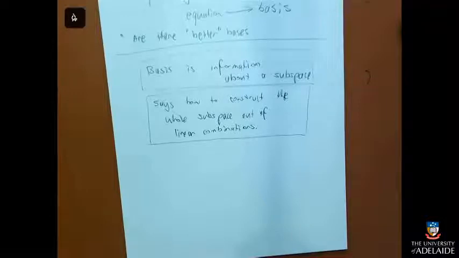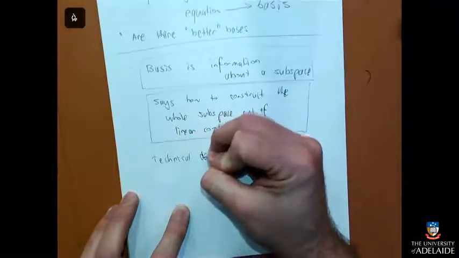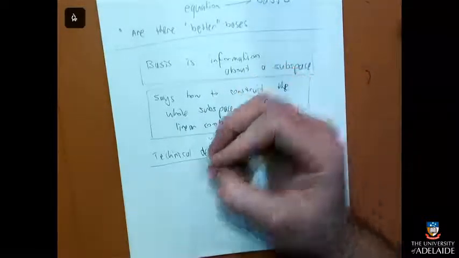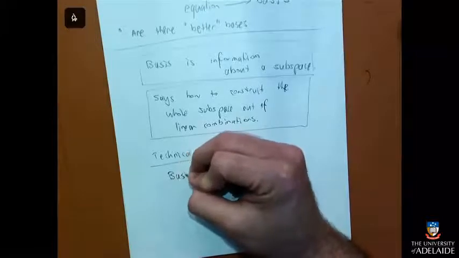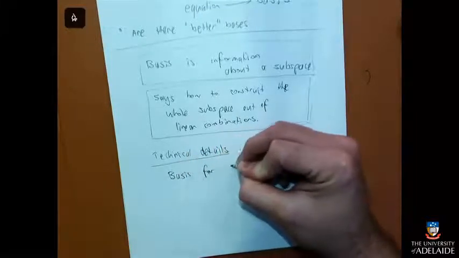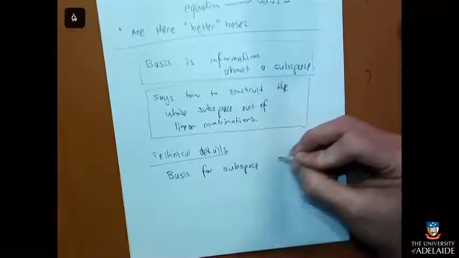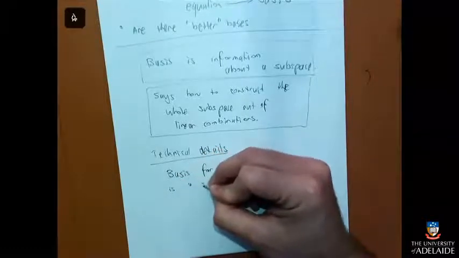Now there's some technical details, but we can get to them now. So your technical details are this. Okay, so the technical details is that a basis for a subspace, traditionally W, is a set of vectors